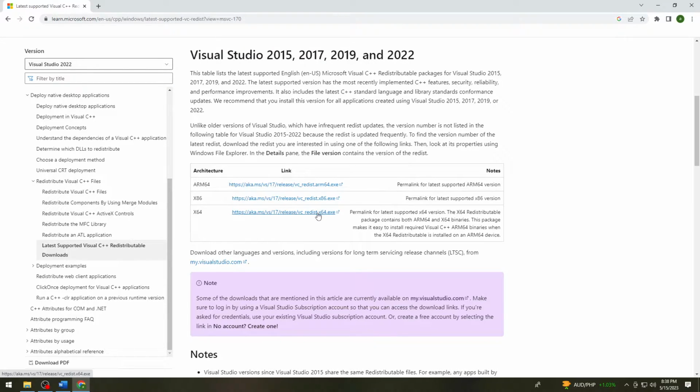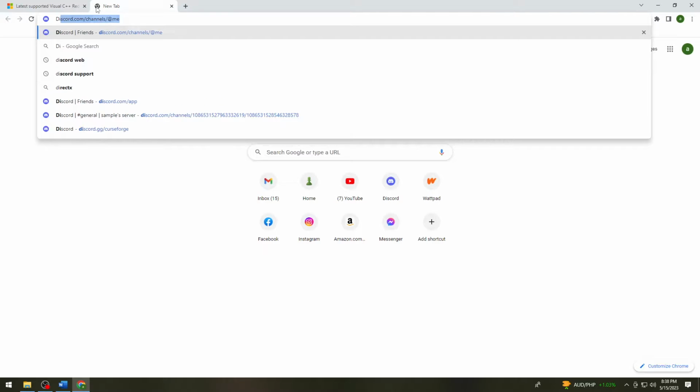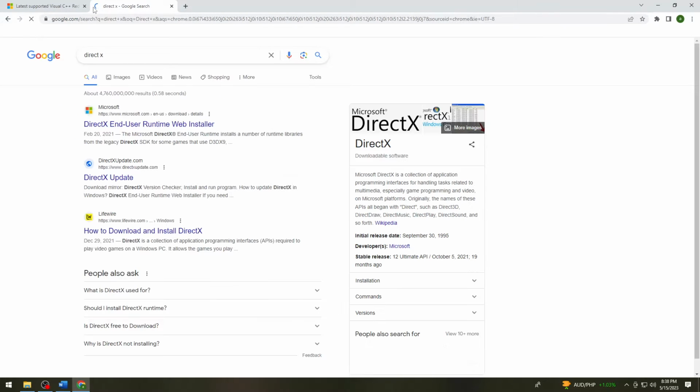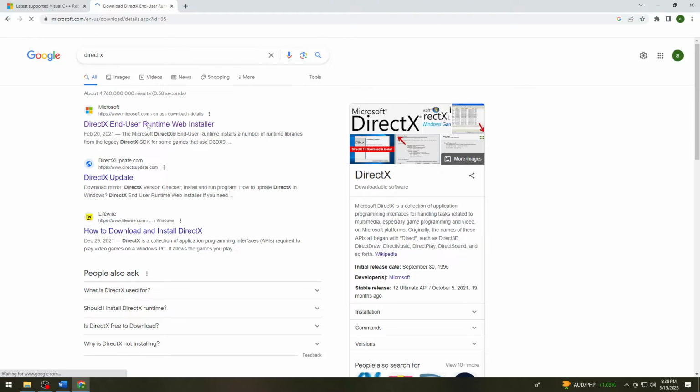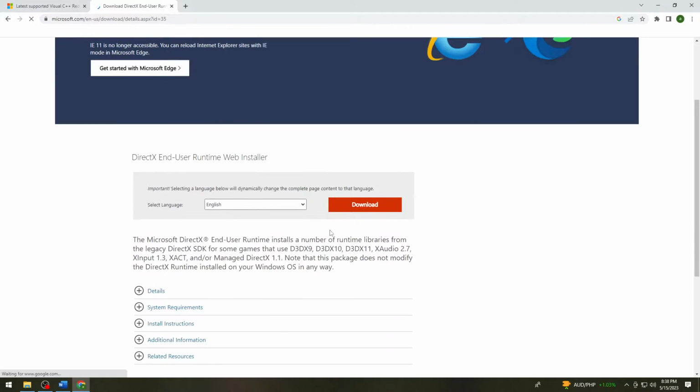Now once you've clicked on that, you need to install it after downloading. And then the next program that you need to install is DirectX. So again, click on the Microsoft link and download this program. After you download it, just go ahead and install it on your device, okay? Once you've done that, let's proceed to the next way to